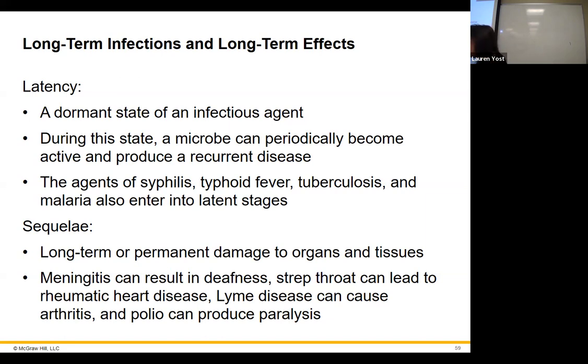Polio, we don't have it anymore. It hasn't been around for a long time. It's only in Afghanistan and Pakistan. But yeah, people used to have it. They would get so paralyzed that they would have to go in the iron lung. Did I talk about this with you guys? The iron lung? Okay, well.